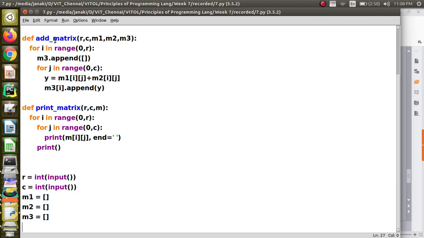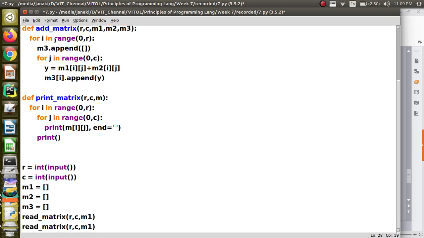Now we have to come back, after reading the row and column and initializing the matrices. We have to call now the read matrix function. First of all, read matrix should be called with R comma C comma M1. Then again you have to call read matrix R comma C comma M2.